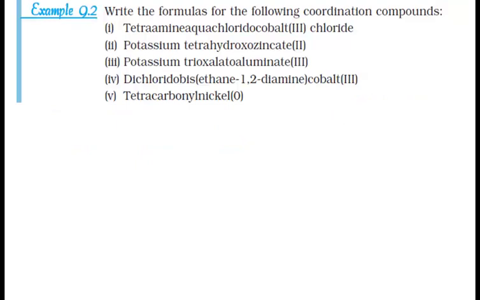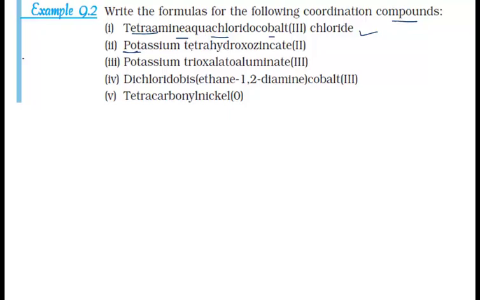Now some more examples were given. This was from the exercise: write the formula for the following coordination compounds. Again, we have to write the formulas for the coordination compounds. The first one given to us is tetraamineaquachloridocobalt(III) chloride, already done. Next, potassium tetrahydroxozincate. Now this is another example of how to write the formula. So potassium